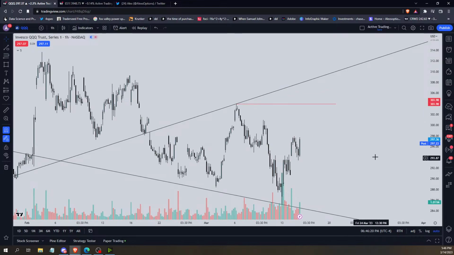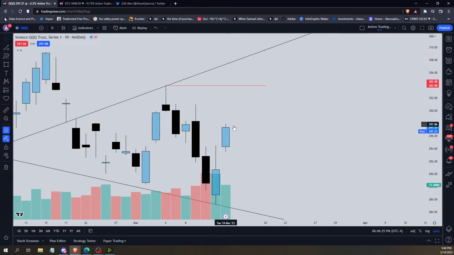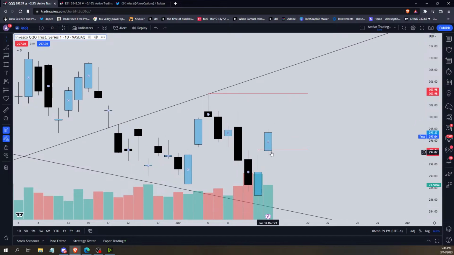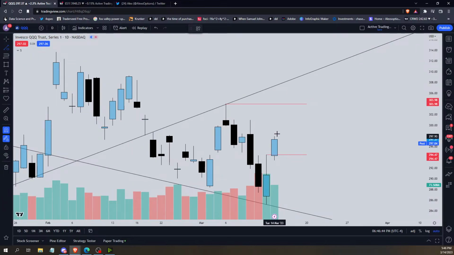Now, if we don't come back through the try, what is it doing? It's expanding, right? So we go to daily. It's like, okay, 3, 2 down, 2 up. You can see outside day, boom, they're expanding it over 294.43. We talked about this already. Afternoon session, they came down, tested it, failed to stay below, and they came back above and right back to high day, right? So we look for this high,